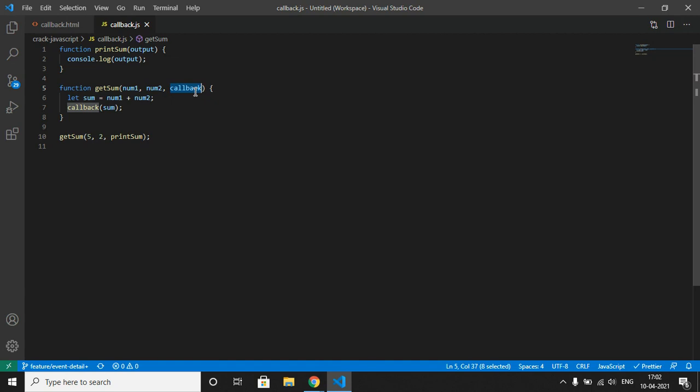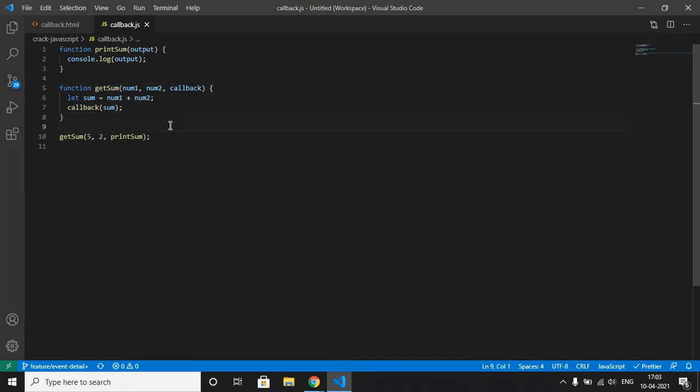You guys might be thinking, is this valid in JavaScript? Yes, this is valid in JavaScript, and that is known as a callback. So our printSum function is a callback function that we are calling inside the getSum function. Our callback function will be executed only after the execution of getSum is finished.